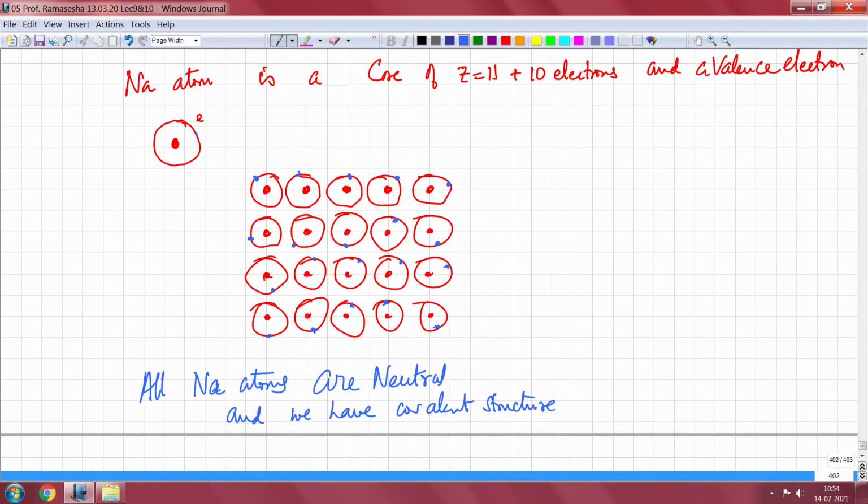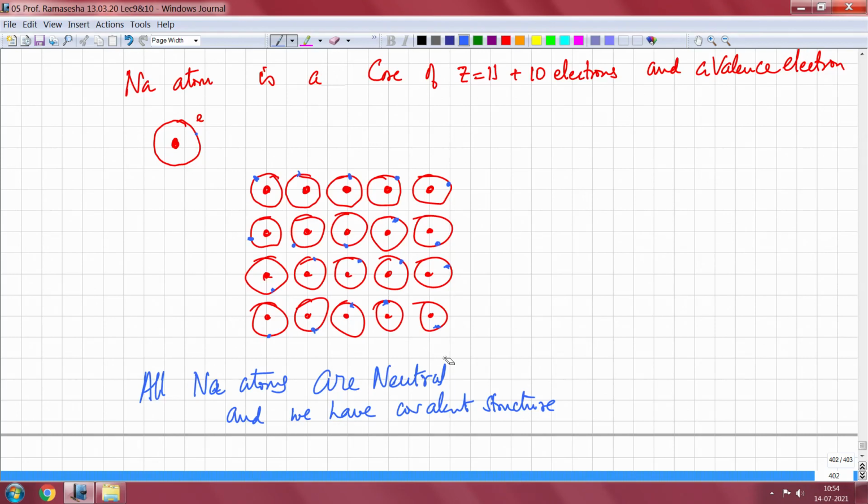The question is, can it conduct electricity? If the ground state is completely made up of neutral atoms, then it cannot conduct electricity, because to conduct electricity an electron has to hop from one side to the other. Which means that this will become sodium plus and this will become sodium minus, and so unless the ground state has an admixture of ionic configurations, it cannot conduct electricity. If it is only covalent, that is all the sodium atoms are neutral in the ground state, then at T equal to 0 Kelvin you are not going to be having any electrical conduction.